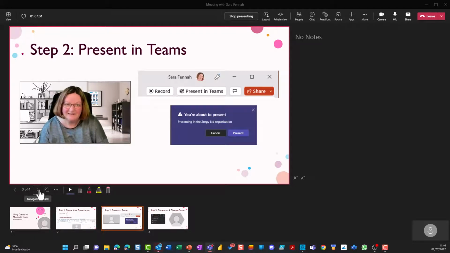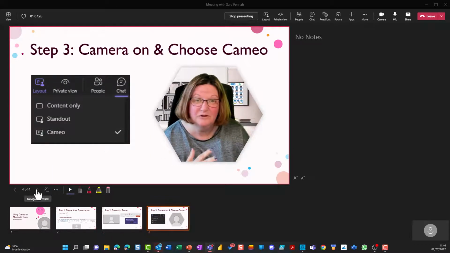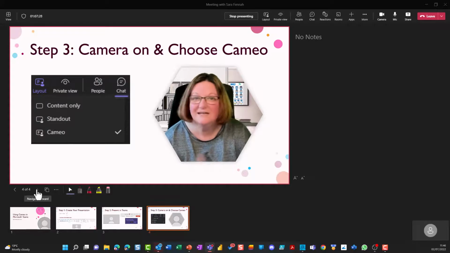But then the second step, as you saw, was just to present in Teams using PowerPoint Live, which is obviously more efficient in terms of the data streaming that you're doing. Except that presentation in the Teams meeting. You've got to be in the meeting before you start, otherwise it doesn't work. And then lastly, make sure you have your camera on in the meeting,